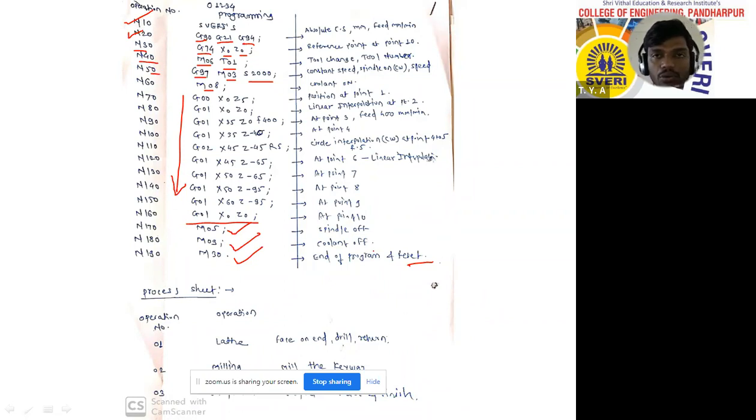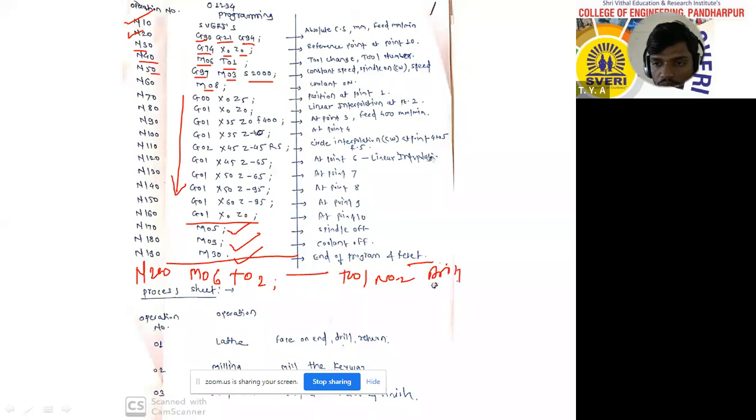But whenever two or more than two operations come in only one drawing, so that time how to do those operations, that is one major point. So suppose you can see this is the first operation, and another operation is there, there's a drilling. So once you can stop here, okay, so you can just start the second also here. N200 again tool change M06 tool number 2 semicolon, you can write here tool number 2